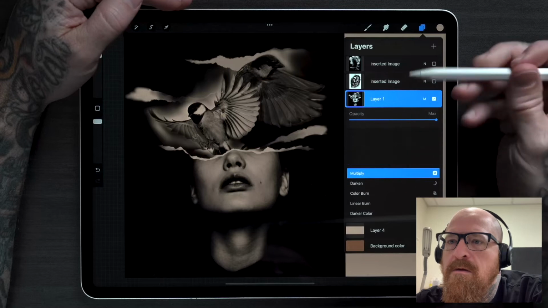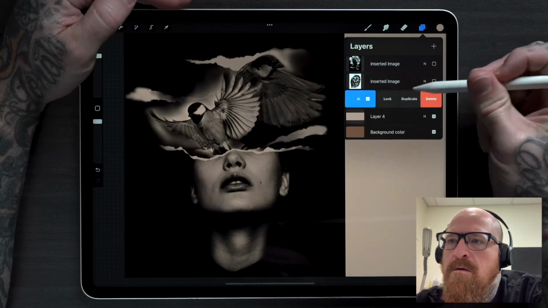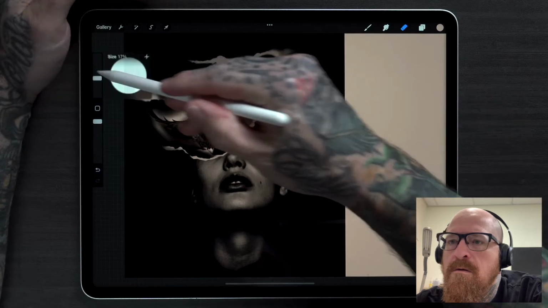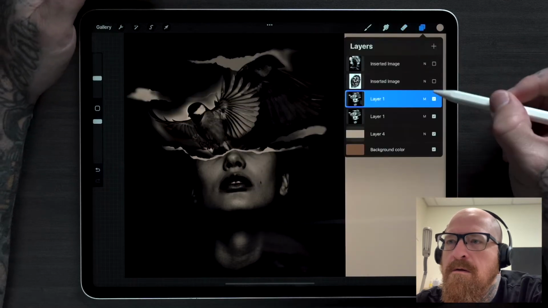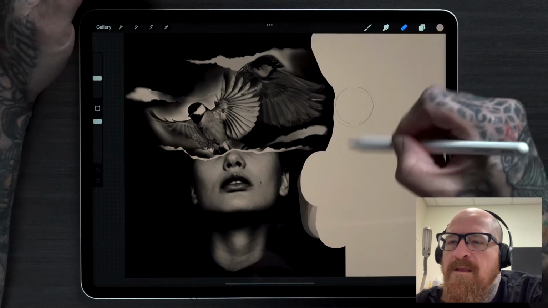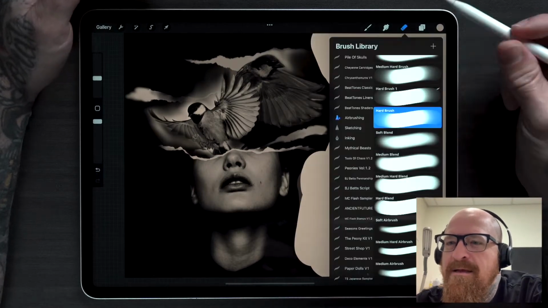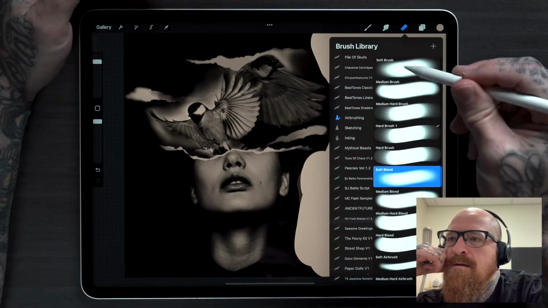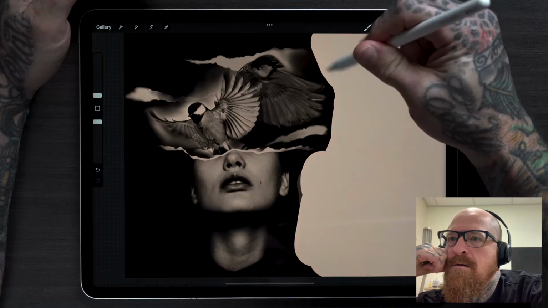But to make it even better, I would say, airbrush back out. Do I have an airbrush here? This is not the best brush for this, but kind of use a soft brush, and sort of think about what